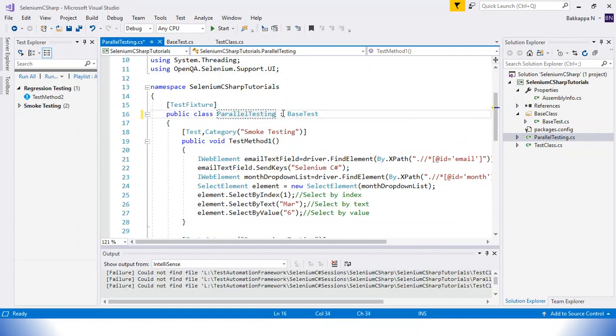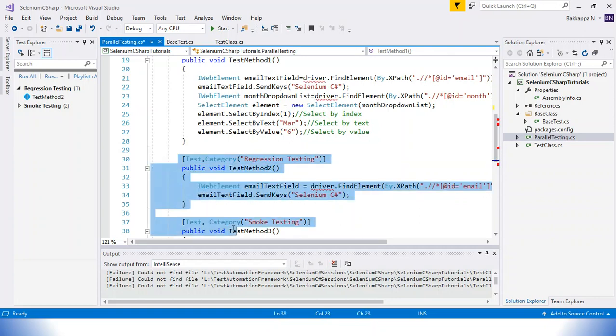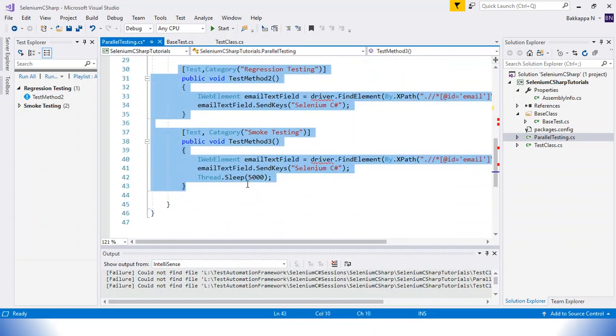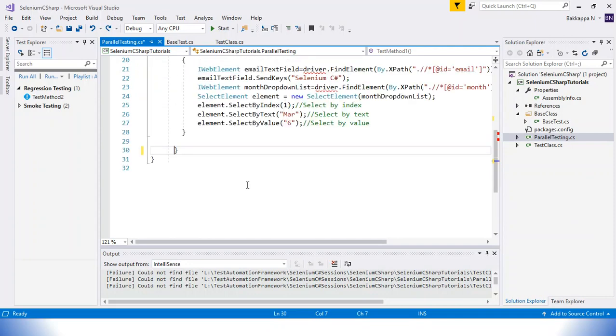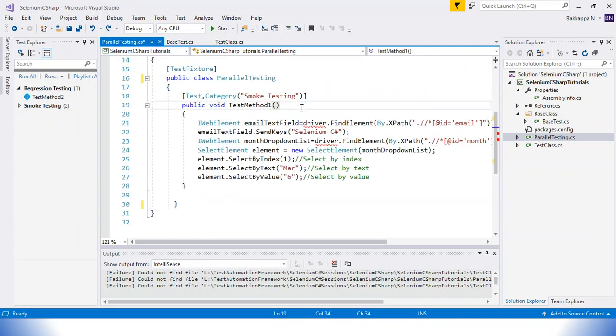I'll delete this inherited class name, and also delete the other methods as well. Okay, that's all, and I'll delete this